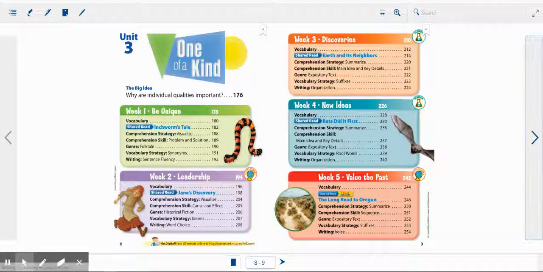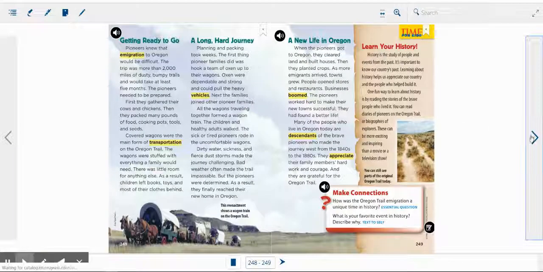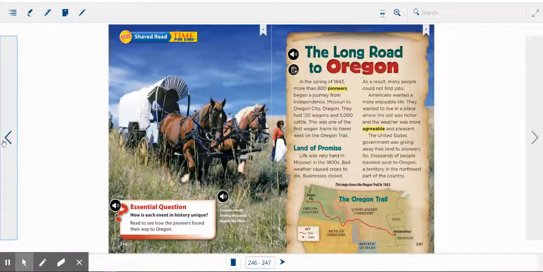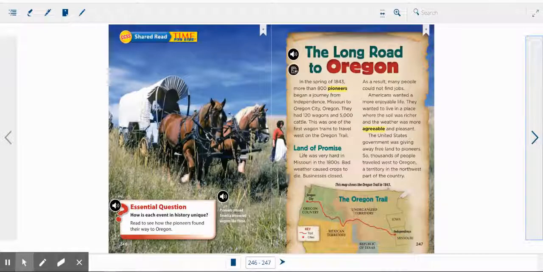There are so many stories we did not read, and you're welcome to read them. The Long Road to Oregon. Okay, these stories are a little bit shorter, but they're very rich, excellent stories. And if you like, in the Reader's Writers Workshop, you can even come here first to look at the words to know and see how the words are used in context, so that you can kind of figure out what they mean,